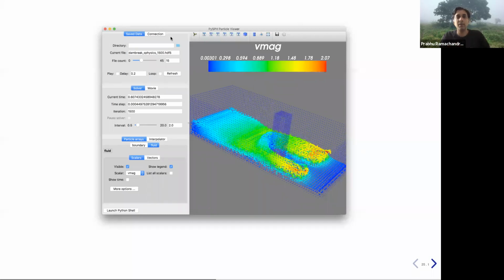So this is a UI that I built, which essentially is a very customized version of Mayavi, if you will, which allows you to inspect a set of files. So it gives you a very rich user interface. This is a full 3D window to interact with. And then you can animate it, you can generate movies from this, you can look at different properties and things like that.